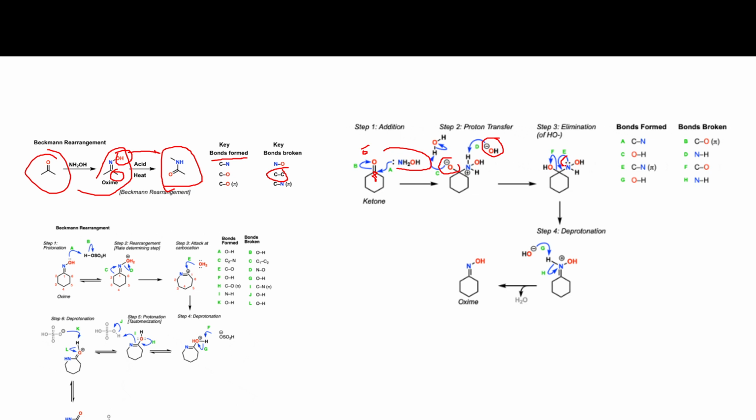Earlier the C double bond O broke and you are making a new double bond, C double bond N. Now here OH is a leaving group, so it comes out. So now we have this product like this, NOH,